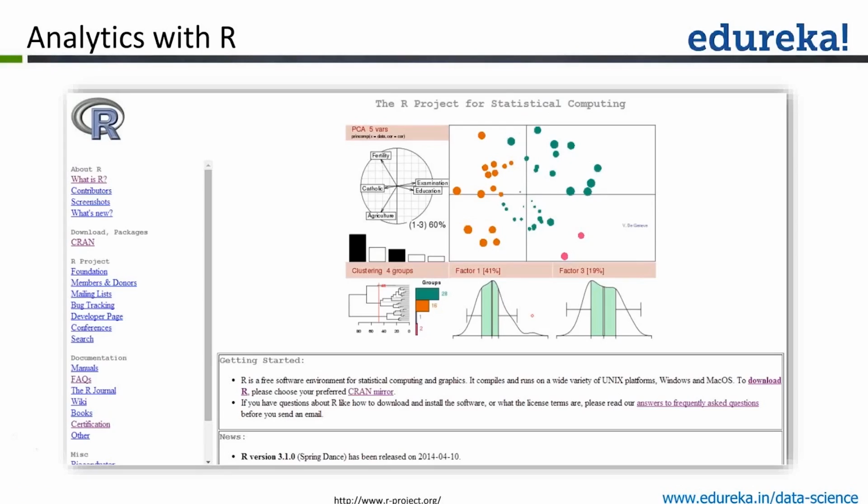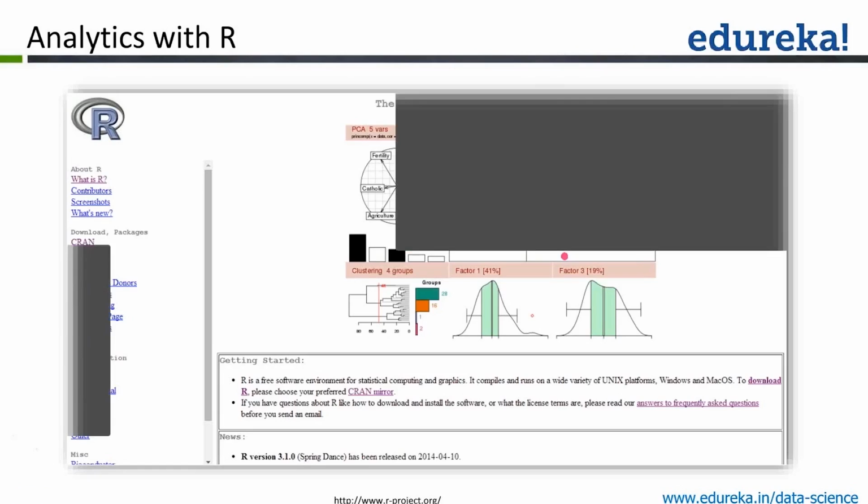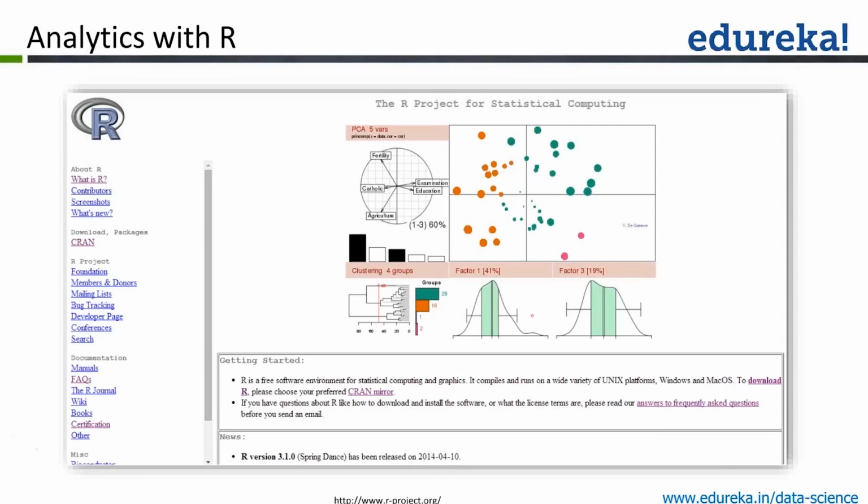Okay, and it has become highly popular these days, primarily because it's open source. Okay, because it's free, and also because it has been there for many years. Okay, it's at least a couple of decades since R has been in the market, and therefore it's a very, very mature product. Okay, and that's why all these big companies like Oracle, IBM,